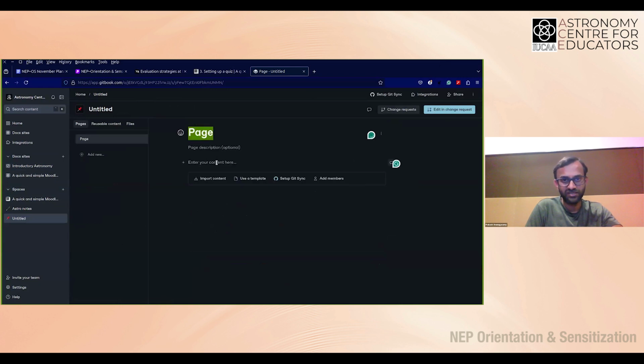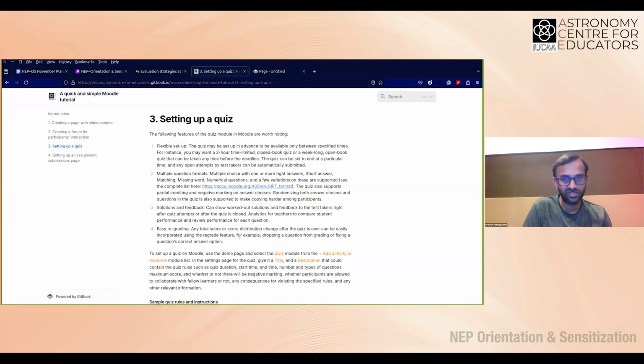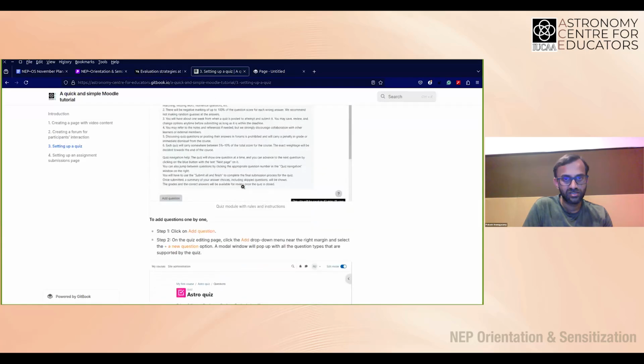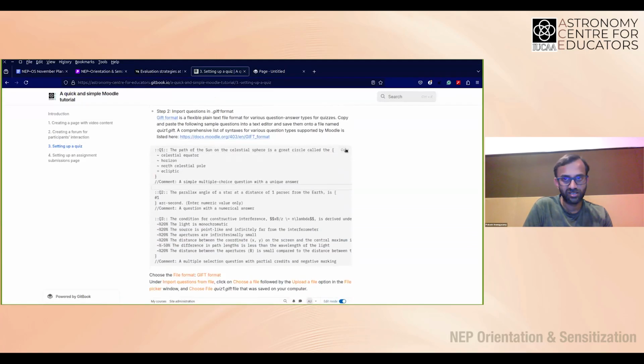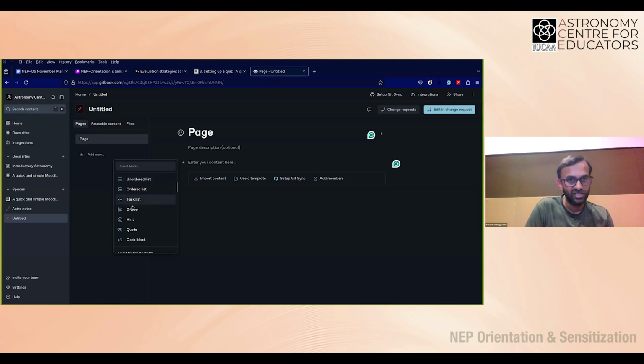So all that involves is, let's say you want to create a space, create a new space. You'll get a page title. And this again, just like we saw, Moodle has different blocks. It has various types of content you can put in, mostly to do with appearance of how it looks. For instance, you can add code blocks, the ones where I copy pasted various content just from the blog. So this is like a code block where I have put the gift format text in there, which can be easily found. You can have dividers, you can create task lists, various sorts of lists.